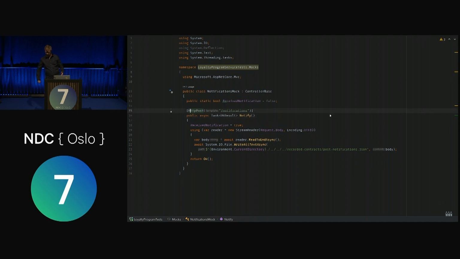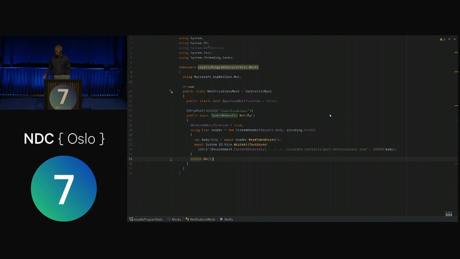And as I said, we're able to create endpoints in our services, so we're probably also able to do it here. Let's again sort of show of hands, who has worked with ASP.NET? So this is familiar code, I think. A controller that can react to an HTTP post on some path, notifications, and it does something. It just says, yay, I got a notification request, and then it returns OK, so it says 200 OK.